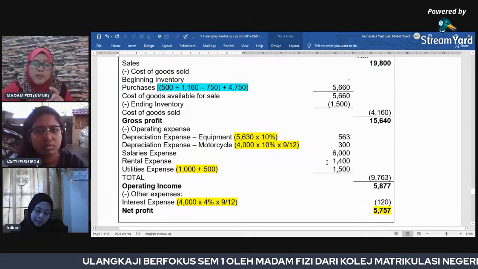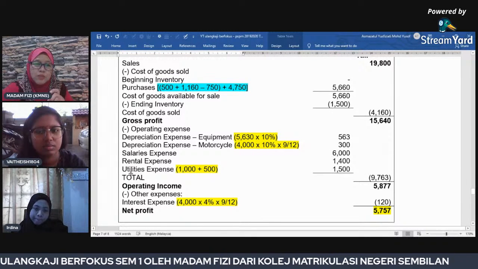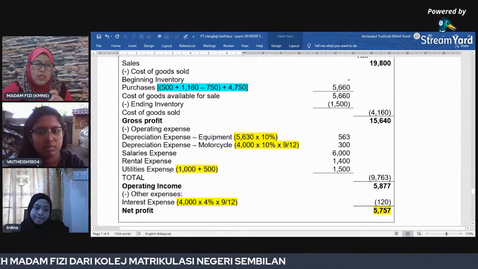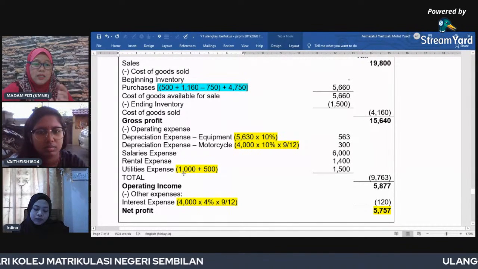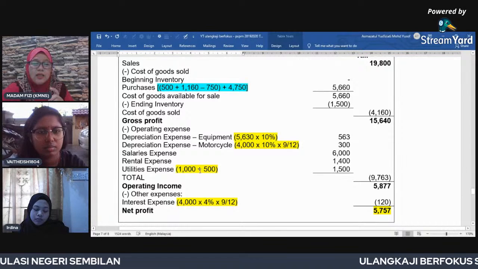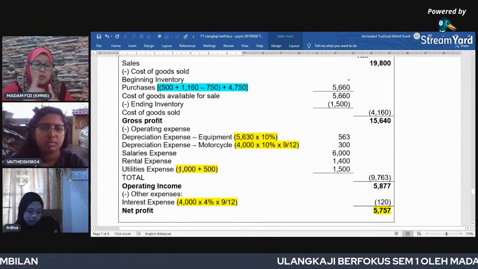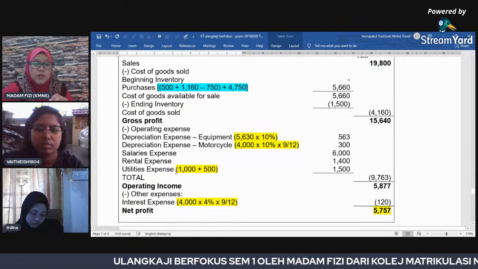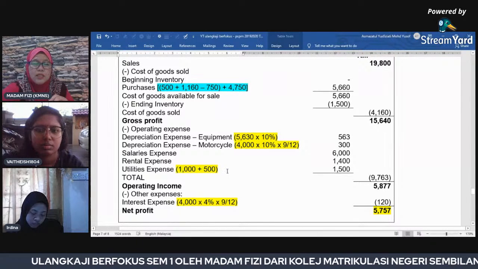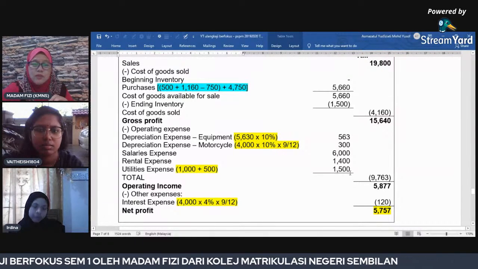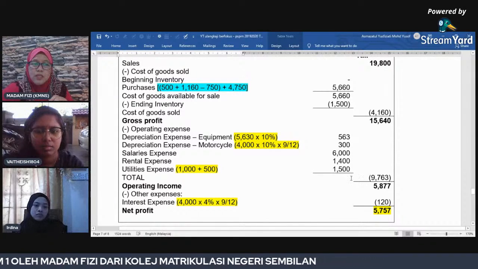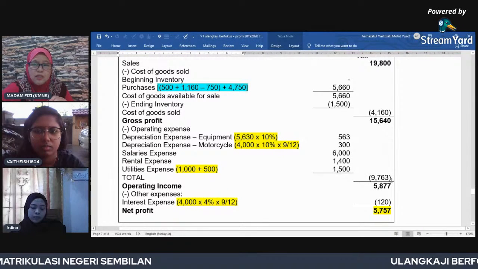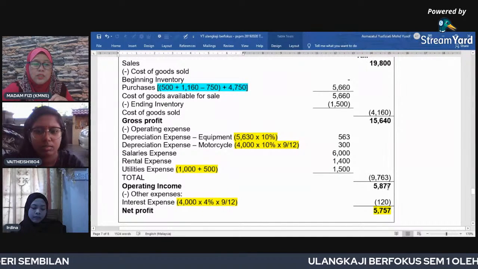And then salary expenses is 6,000 from the cash book. Rental expenses also 1,400 from the cash book. And how about the utilities? Dia ada baki awal akhir tadi kan? Because there are two transaction je, that's why kita tak payah buat dekat luar. Terus buat bracket sini jalan kerja. So you get 1,500. So total operating expenses is 9,763. So the total income is